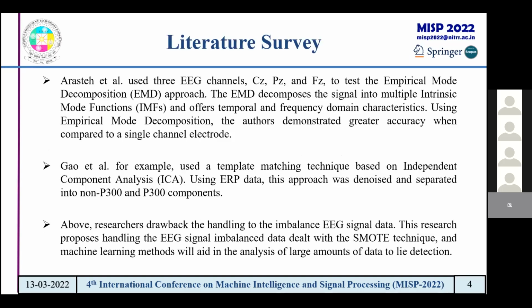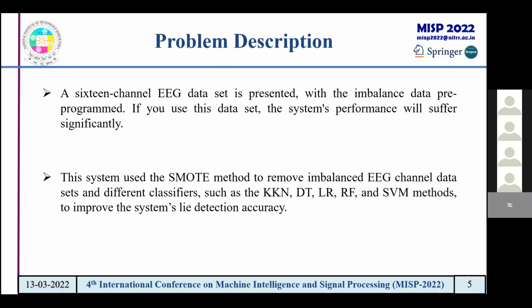In the literature survey, earlier they used three channel data sets, applied machine learning algorithms, and showed the system performance. Here in our research we are using the 16 channel data set, which is imbalanced. So here we are using the SMOTE method to improve the imbalanced ECG data set, and we apply different classifiers: KNN, DT, LR, random forest and SVM, for improving the system